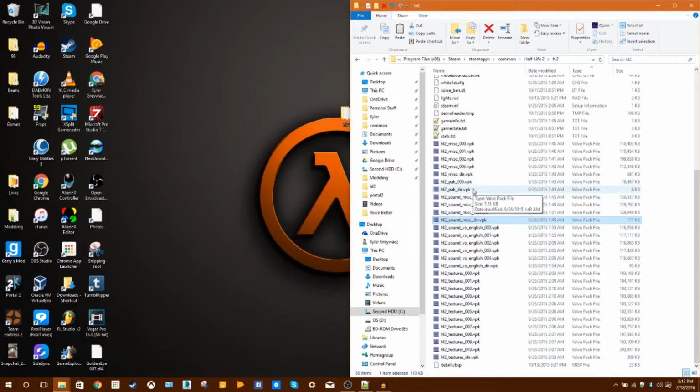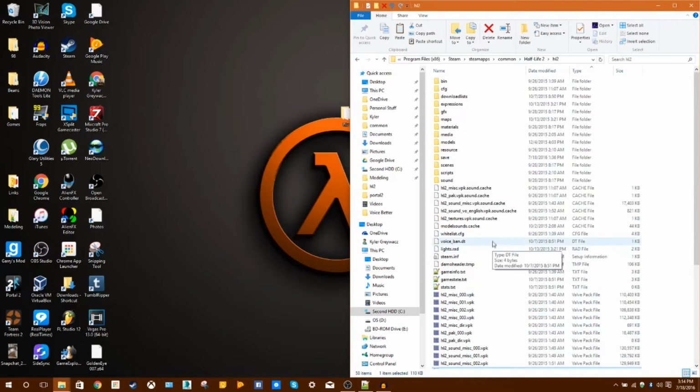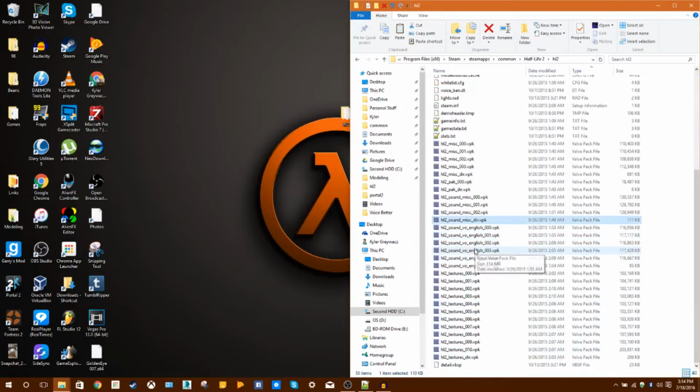Do this and this, the HL2 misc underscore dir, HL2 sound underscore VO underscore English underscore dir dot VPK. I know I say underscore a lot. And HL2 underscore textures underscore dir dot VPK. Now once all of those are extracted from GCFscape onto the HL2 folder on your desktop,